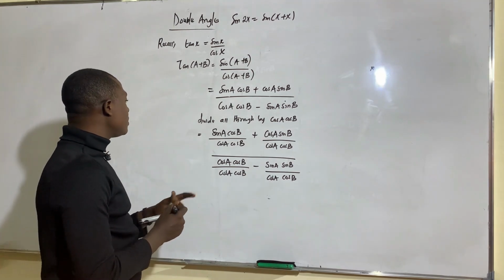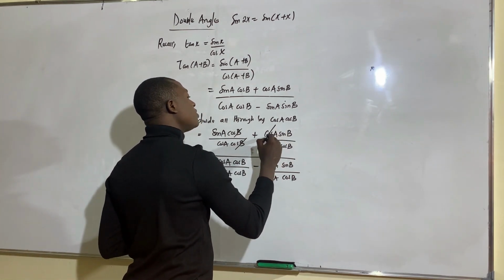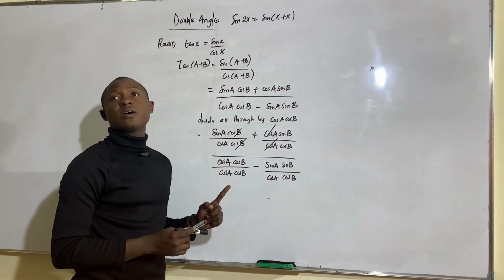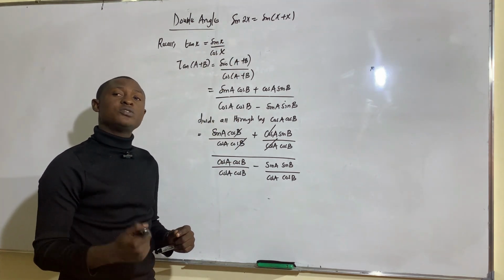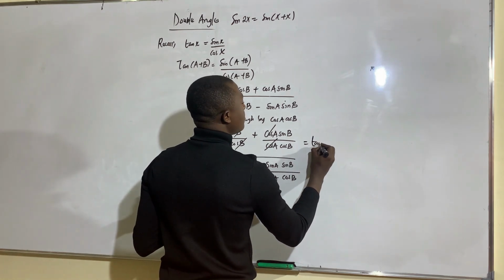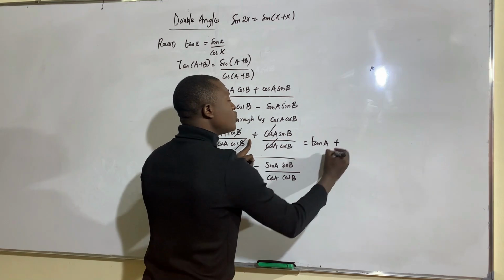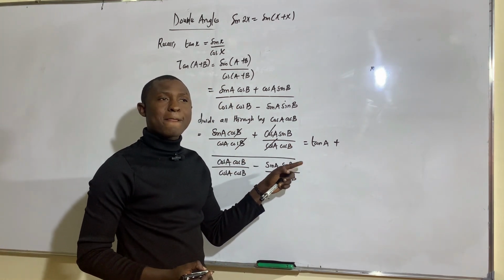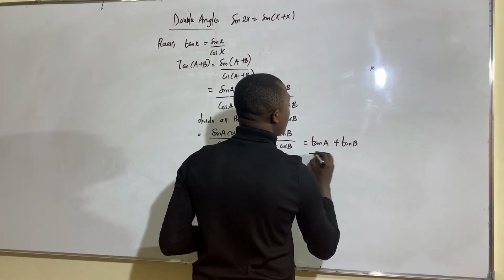So now you can see cos can cancel cos here, right? At the same time cos can also cancel cos here. So what do we have left here? All we have left now is sine A over cos A. And recall, tan x is the same thing as sine x over cos x. So if I have sine A over cos A, it is nothing but what? It is tan A, right? Yeah, good. So this one too. What are we going to have for the second one here? When I have sine over cos, what are we going to have? Very nice. Now we are going to have tan B, all divided by